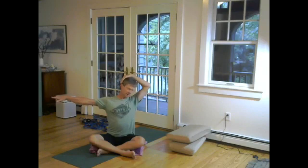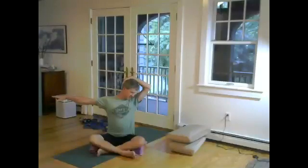Now, stay there, but drop your gaze and your chin down toward your right shoulder. Let the hand slide to the back of the skull and gently traction it forward in the direction of your bent elbow. And spread those left fingers. Spread the fingers, open up, and feel the sensation in that